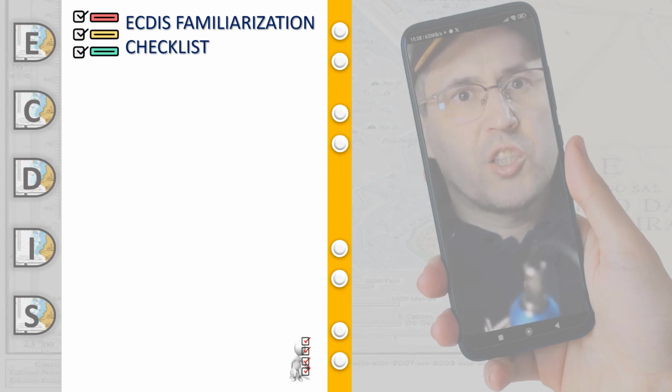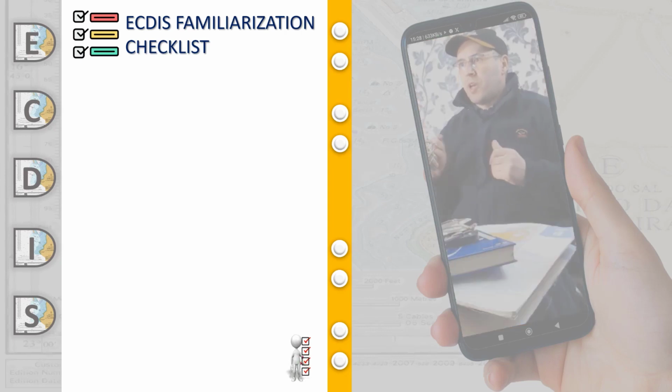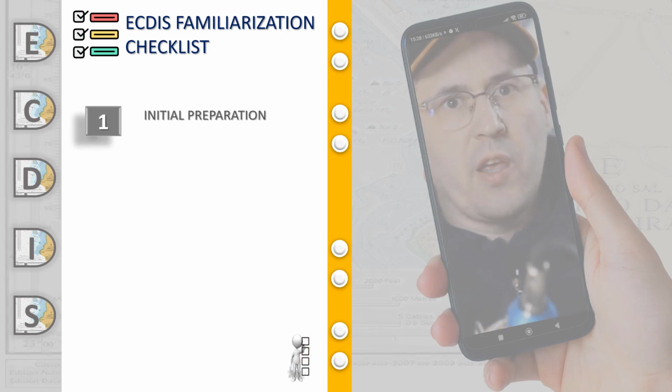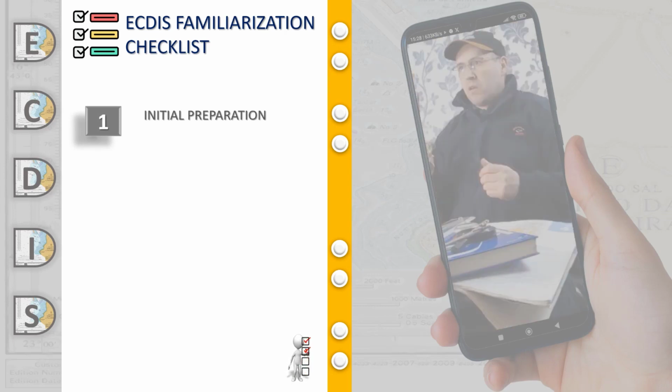The familiarization checklist starts normally from the initial preparation of the ECDIS. The initial preparation category consists of the next items. We have to establish if the ECDIS is approved for navigation. We have to establish whether there are company navigational procedures concerning the use of the equipment and ensure that these